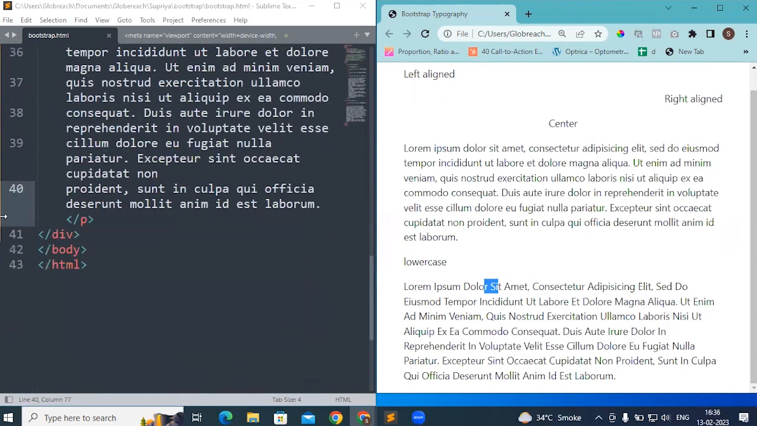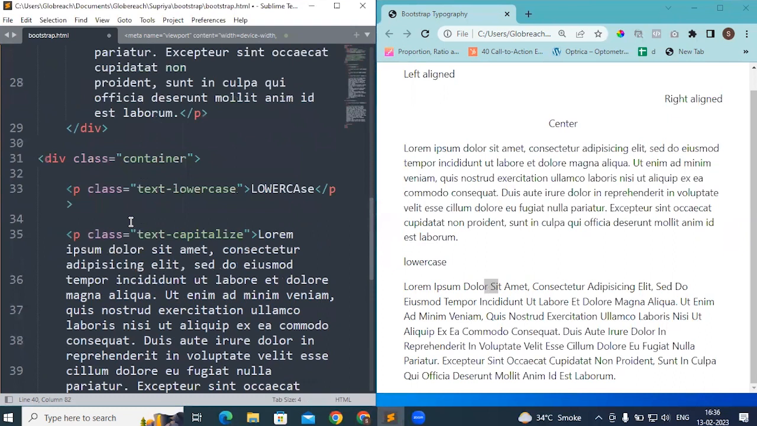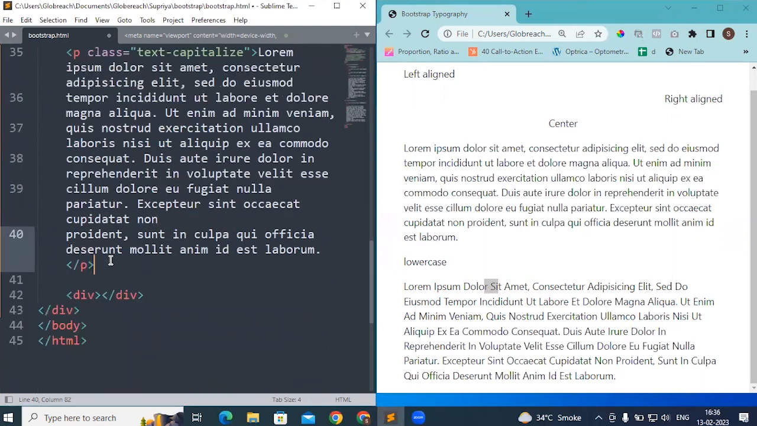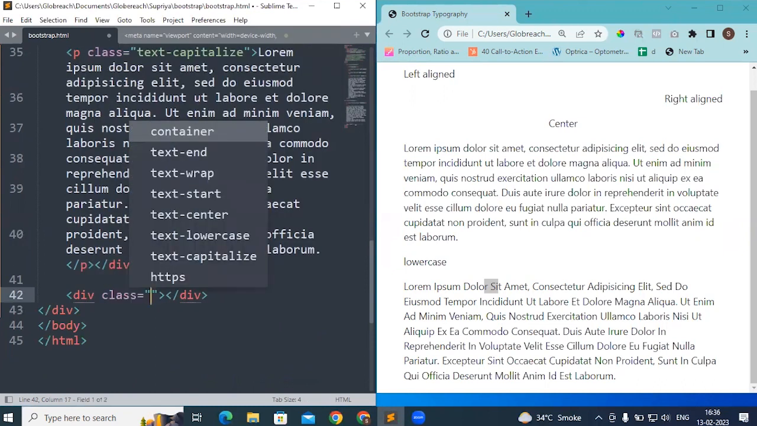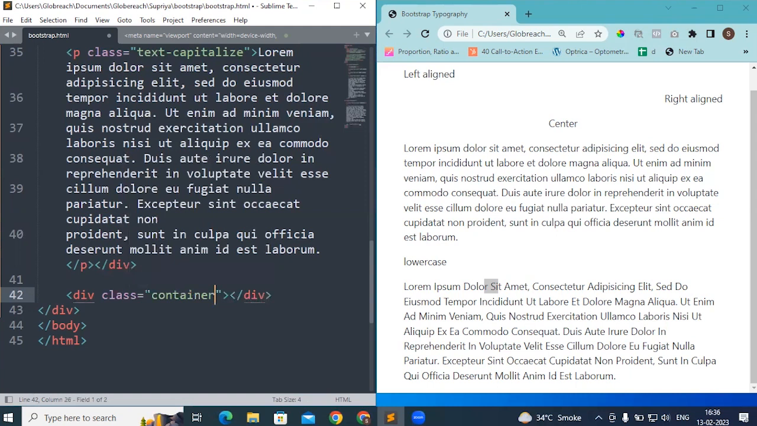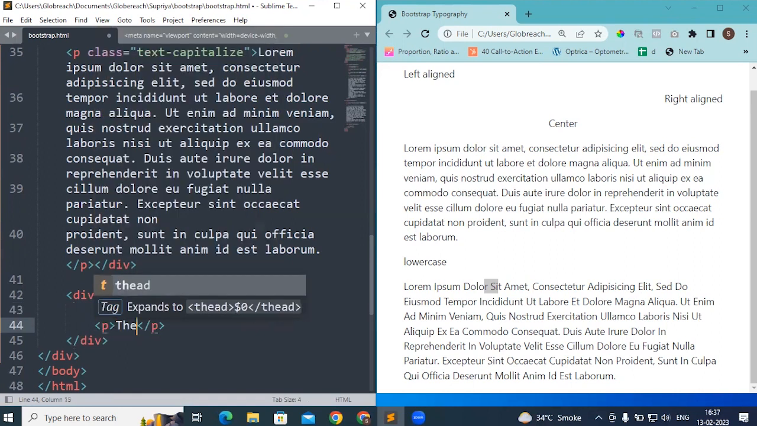Next, let's move towards another div tag again. We'll close, okay, one second. Your container we have opened, we have not closed the div tag here, so we will close it, and again here we will mention another div class as container, and inside which we will make use of one paragraph, and now we will demonstrate the abbreviation